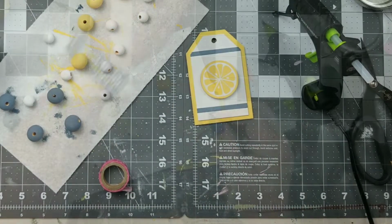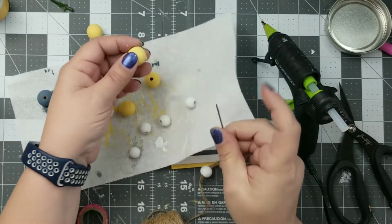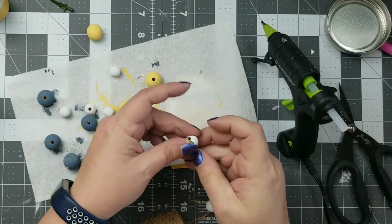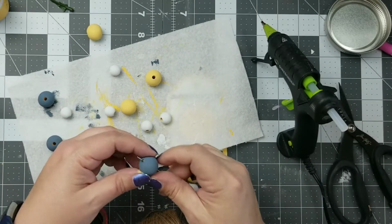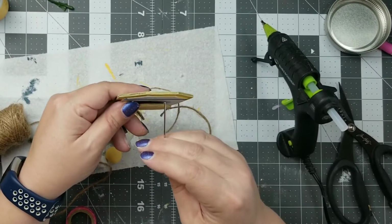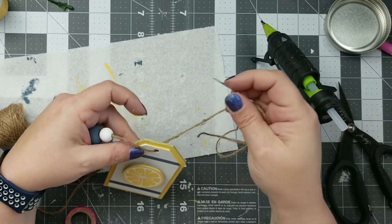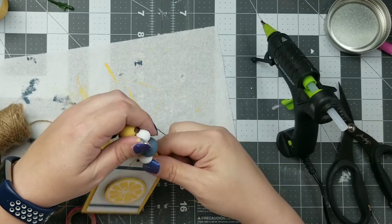And I think that added just the perfect element to that tag. So now I'm just gonna string on my beads. My suggestion is don't paint your beads on a paper towel. They kind of stick. But I did white, yellow, white, blue, and then continued that pattern until I was out of beads. So now I'm gonna go ahead and keep my needle on my